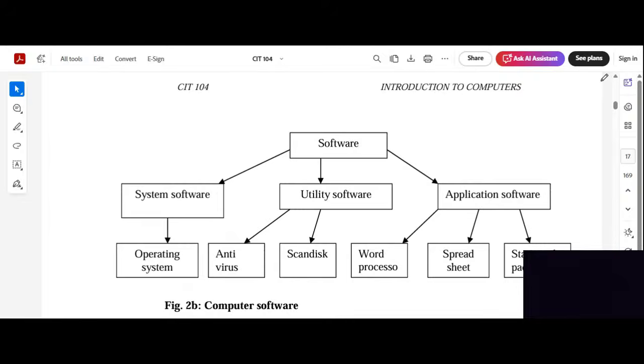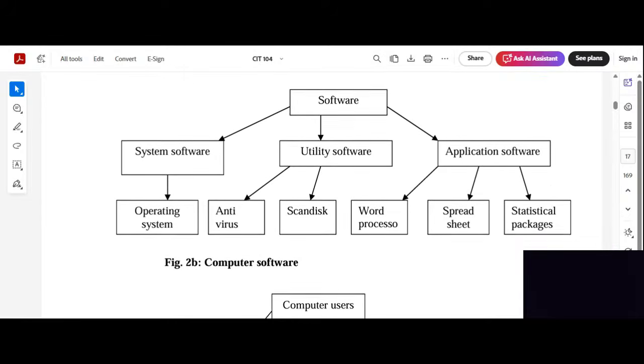Under software, we talk about system software, just like I mentioned earlier. We talked about utility software, we talk about application software. Then, for example, system software, we have the operating system. That is the meaning of this schematic diagram. It's very simple to understand. It's just everything we have done in this unit that they decide to use a diagram to present to us as a form of summary.